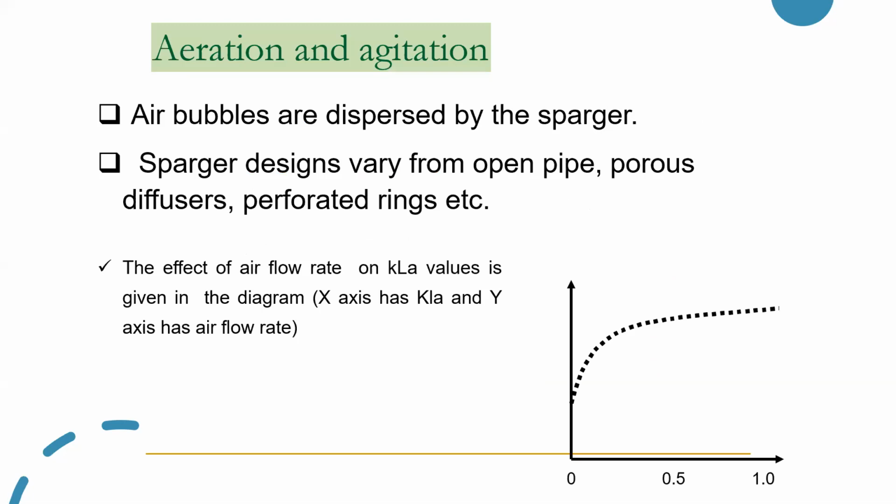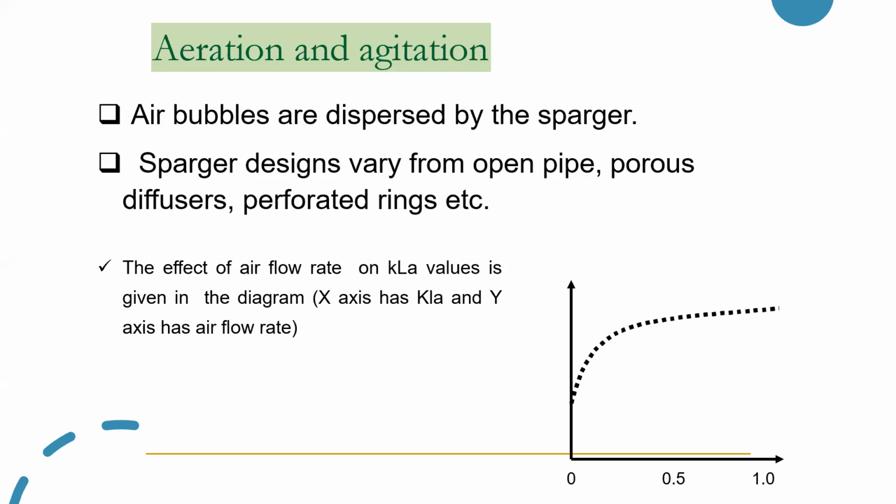Now this factor again, aeration and agitation efficiency. You're supplying the oxygen very well, but if your agitator is not working, the oxygen that you are supplying will not be mixed and equally dispersed in the bioreactor. Our spargers are of various designs: we have open pipe type sparger, porous diffusers, and perforated rings. These spargers supply the oxygen in the reactor, but it is mixed and dispersed uniformly in the entire bioreactor by the agitators. So if we have good agitators with good speed of dispersion, only then will my entire oxygen content be mixed.